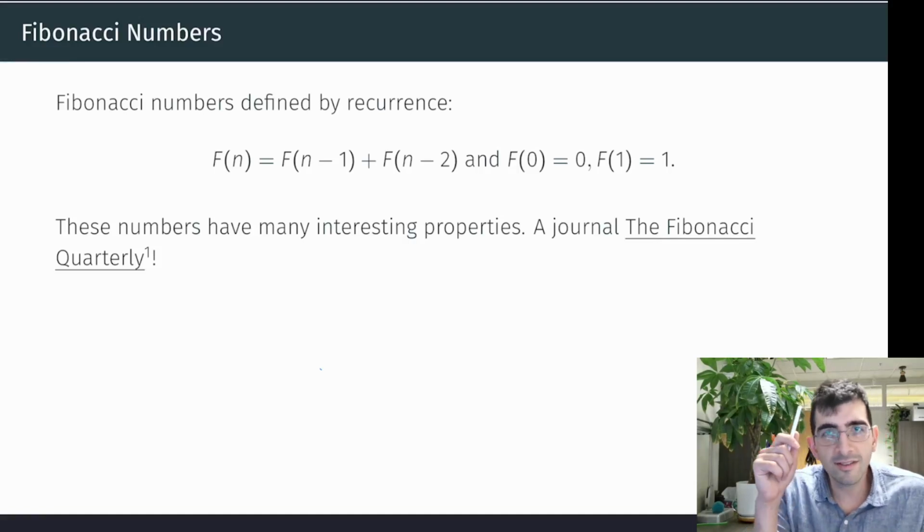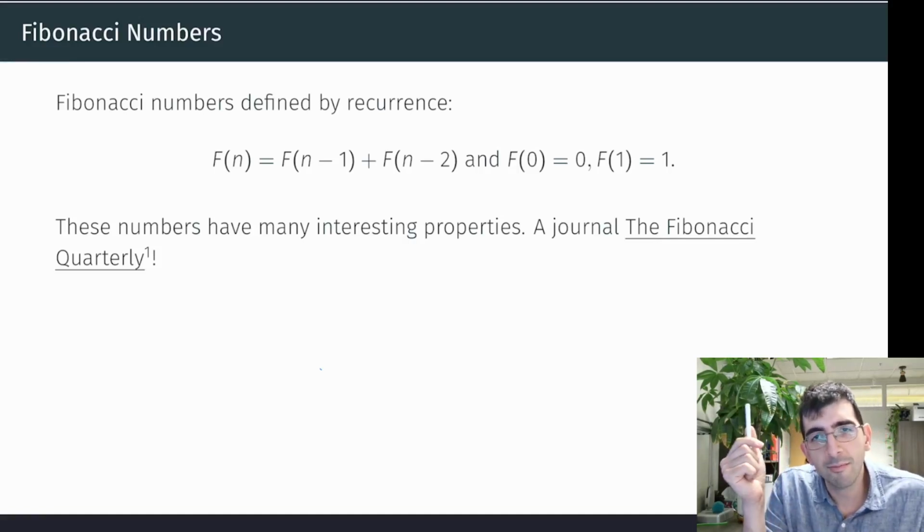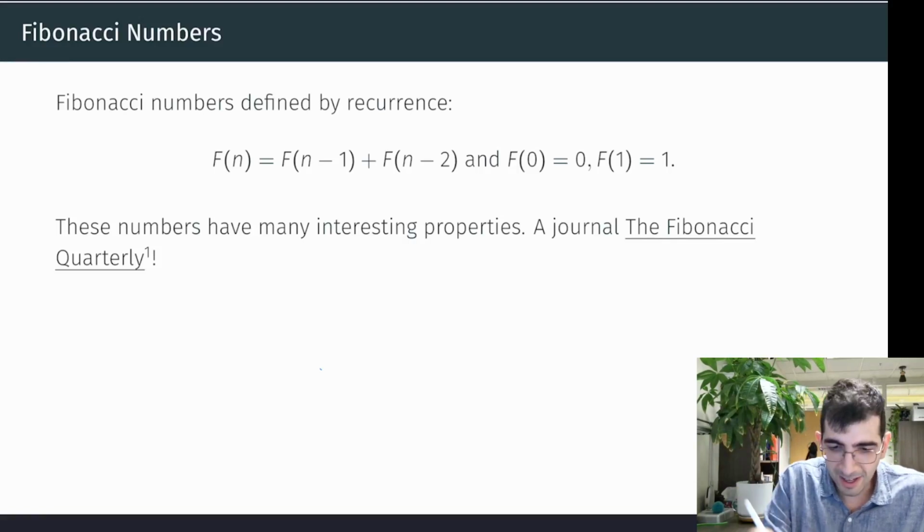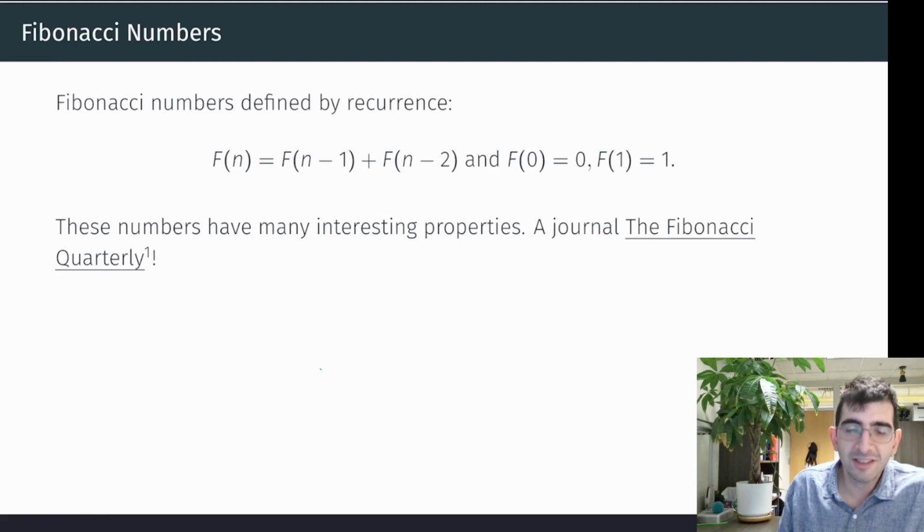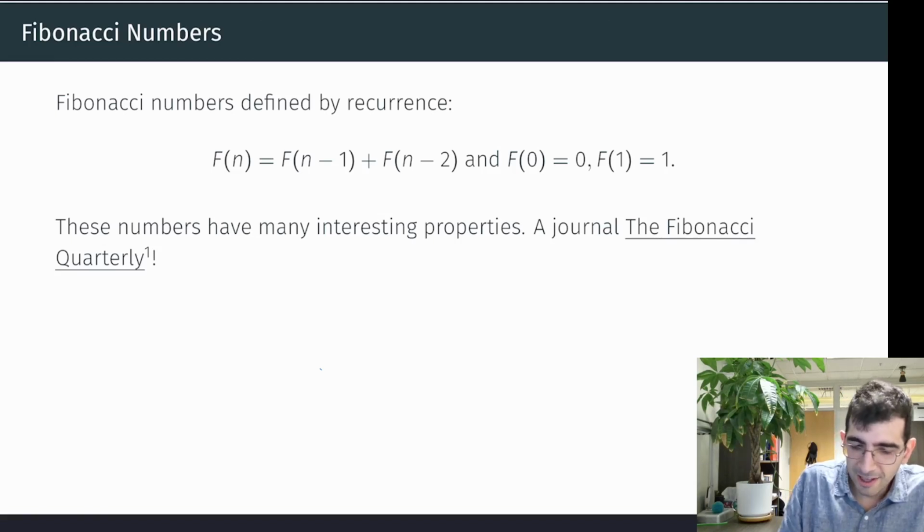Okay, let's start off with everyone's favorite number sequence, that is the Fibonacci numbers. So Fibonacci numbers are very simple. Simply put, we have a base case, which is that the zeroth Fibonacci number is simply equal to 0. The first Fibonacci number is equal to 1, and for the Fibonacci numbers that come afterwards,